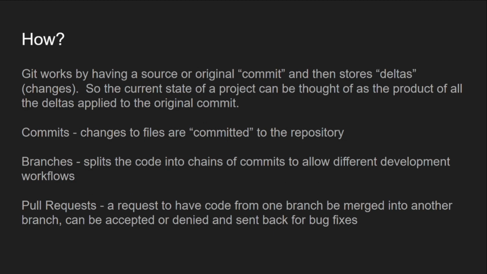Pretty self-explanatory. Branching: if I want to do some work on Liam's econ sim, I will create a new branch. I will develop my own feature or do whatever I want to do with it, and if I want to merge it back into the project later, I can merge that branch back into the master branch. So I can develop my own thing, Liam can continue developing his own thing, and then we can resolve the differences between those branches and commit the changes. And lastly, pull requests.